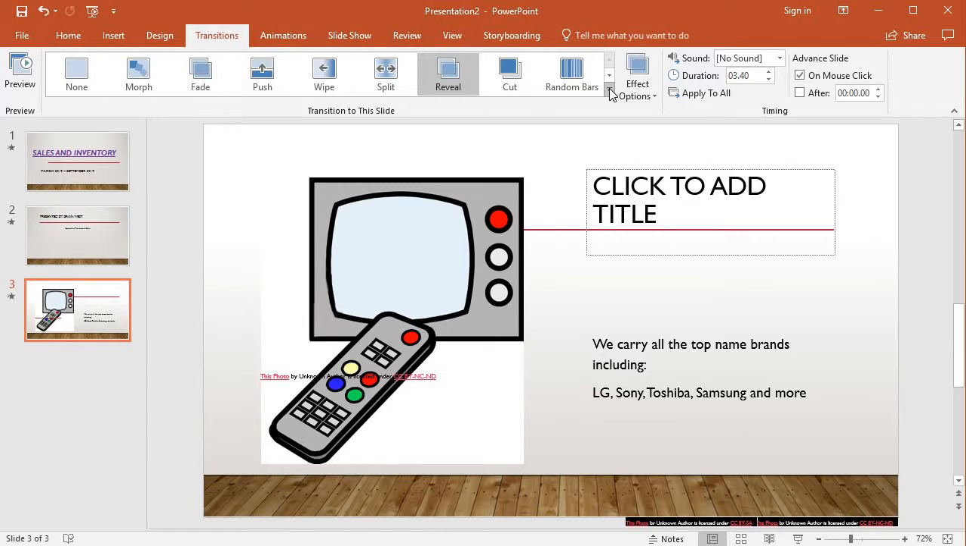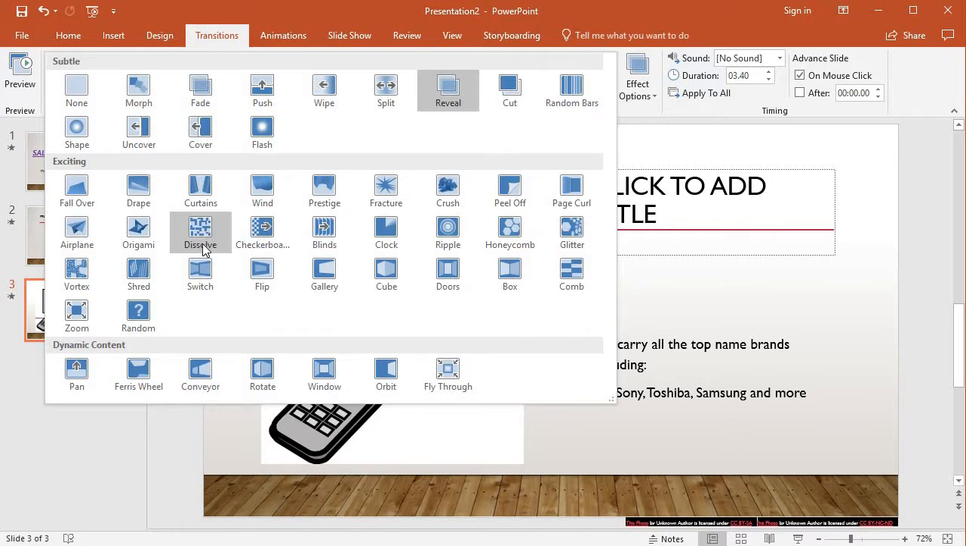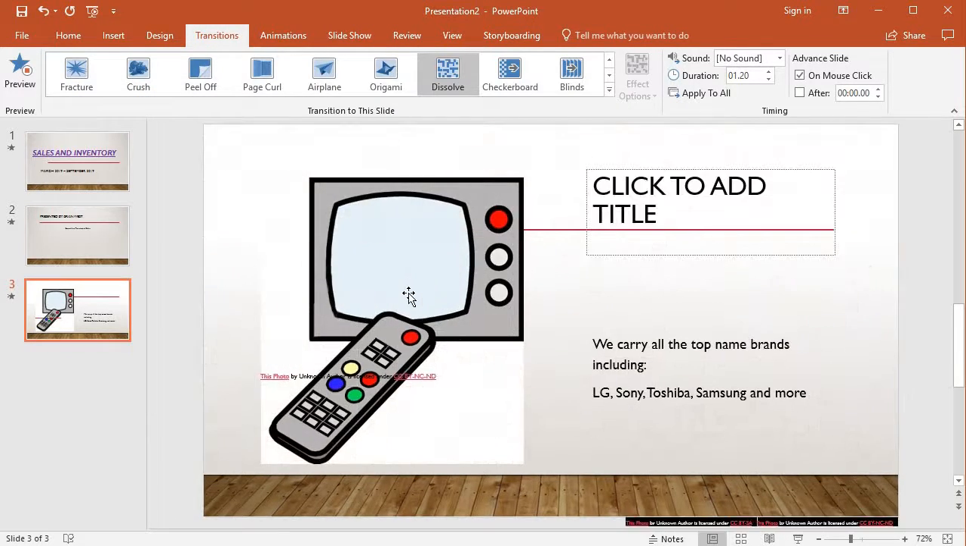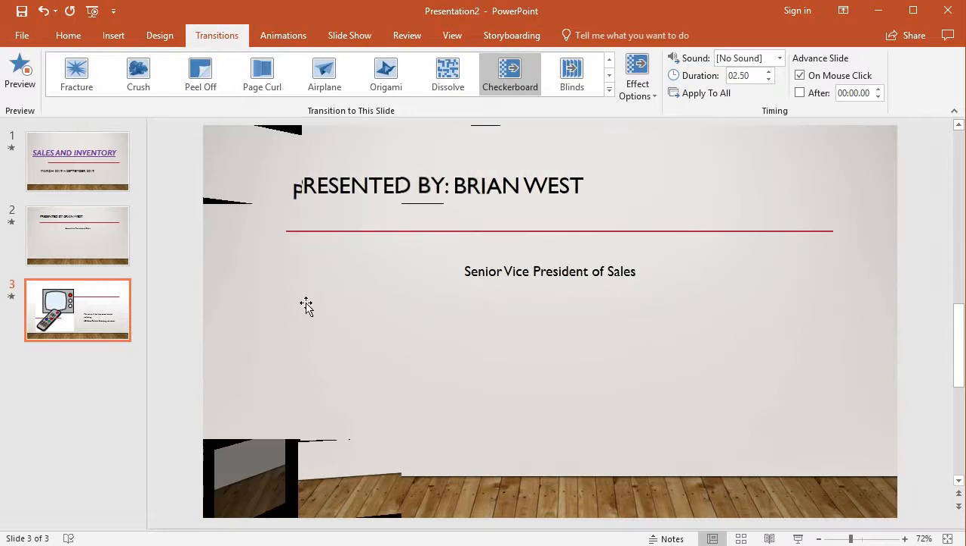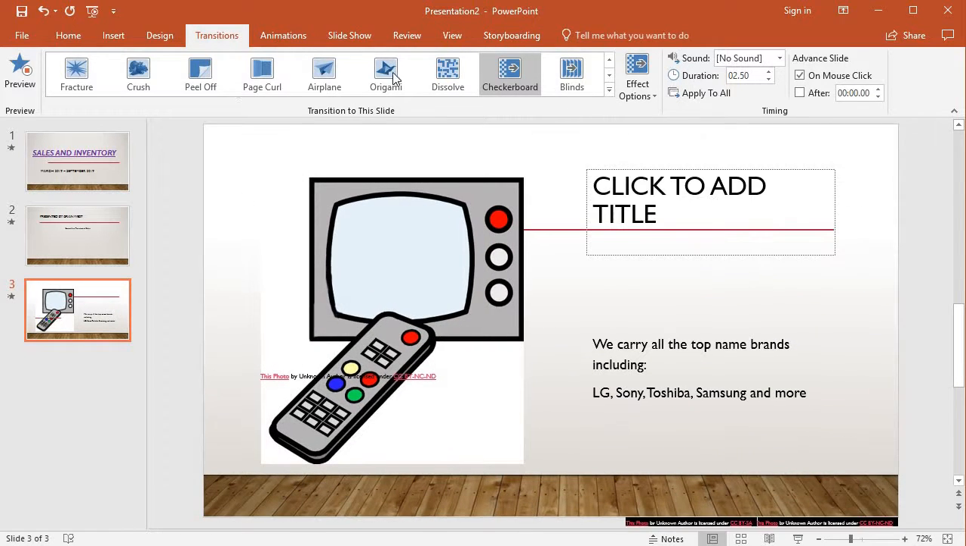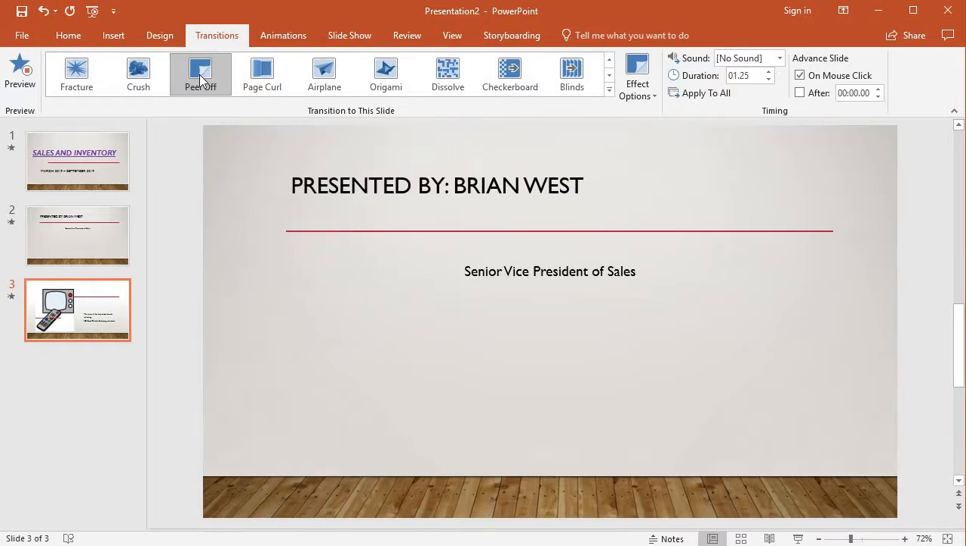If I click this drop-down menu, you can see all the different options. Look what dissolve does. Isn't that cool? There's checkerboard. It kind of comes in that way. You have the option to pick any of these,